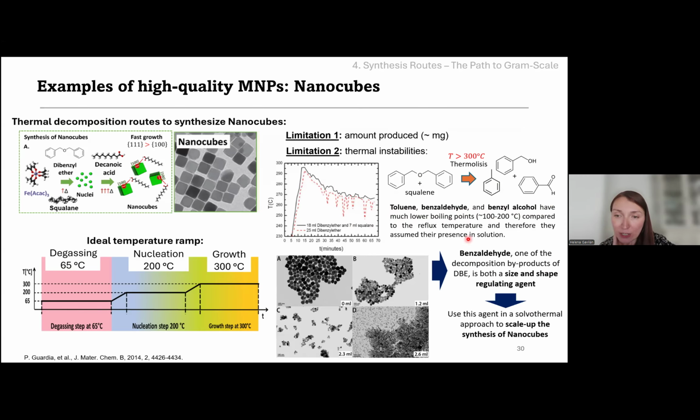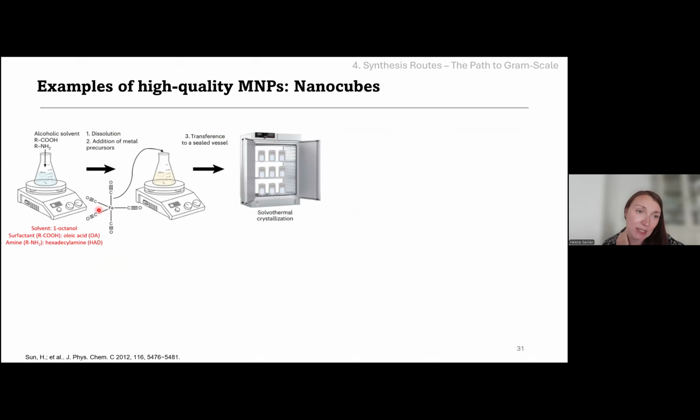So in order to try to scale up and make this route improved, we took benzaldehyde, one of the decomposition byproducts of the benzyl ether, okay? And we assessed the size and shape regulating properties. So basically we took it and used it in a solvothermal approach, okay? To scale up the synthesis of the nanocubes. Remember that we obtain in the range of milligrams for thermal decomposition. So in this case,